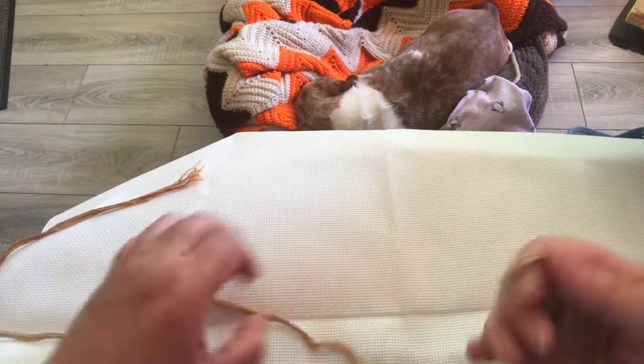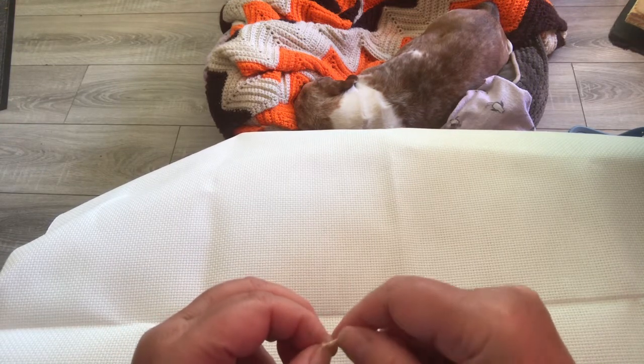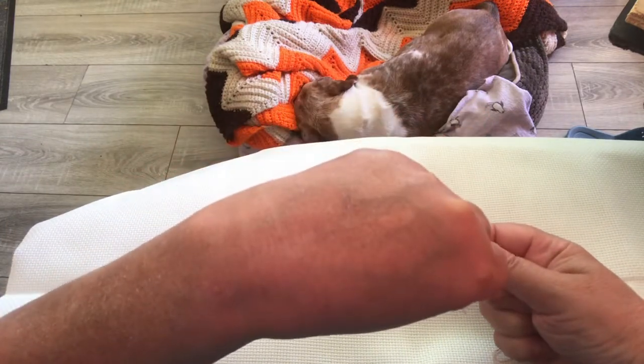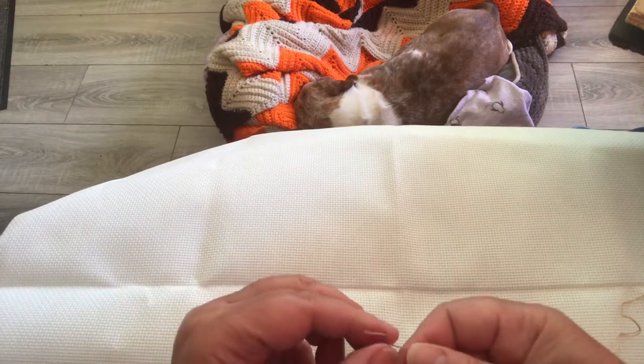Now, you can do this on linen, 16 count, 18 count. I don't go any smaller than 16 because I cannot see it. For me, I have to draw the line there. If you use DMC, this is a combination of 3045 and 613. Of course, you'll get a different look. But since Gigi has supplied me with these beautiful threads,